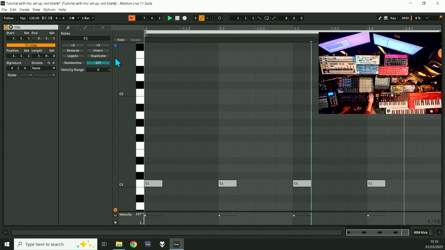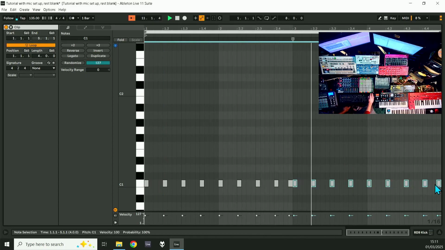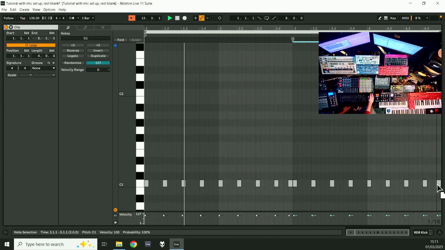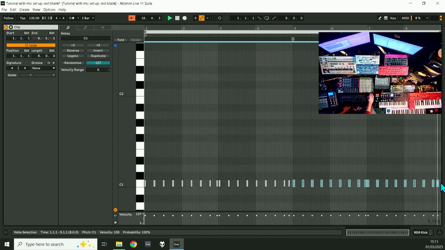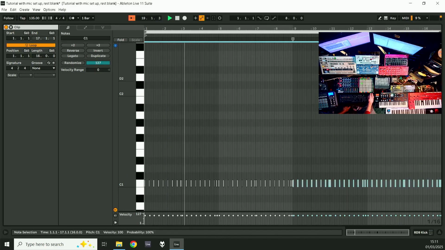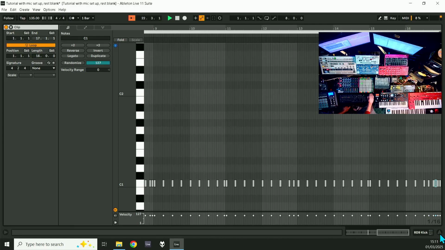And what you can do if you want is duplicate that and put one at the end of that one like that. Get a bit of variation. Duplicate it once more. Just move that one and duplicate the whole lot again. Put a little roll at the end of that one and then duplicate the whole lot again. And make that one even more. Do you know what I mean? So you get a bit of variation. So now you've got